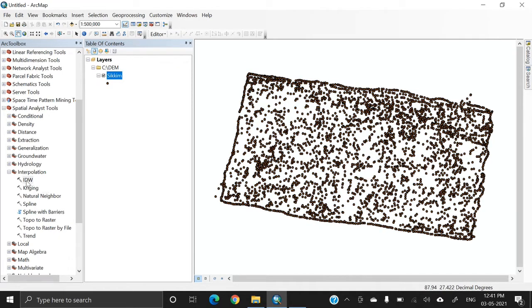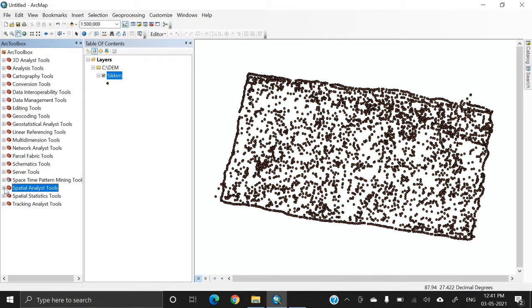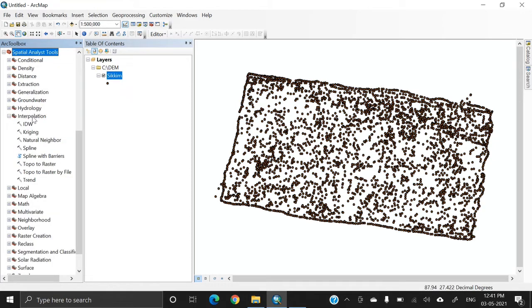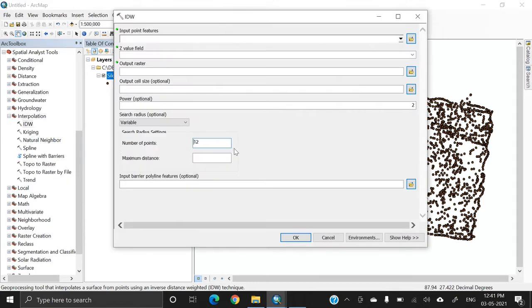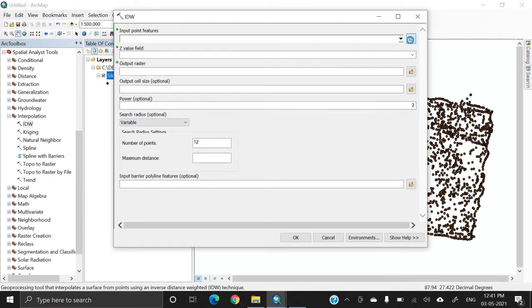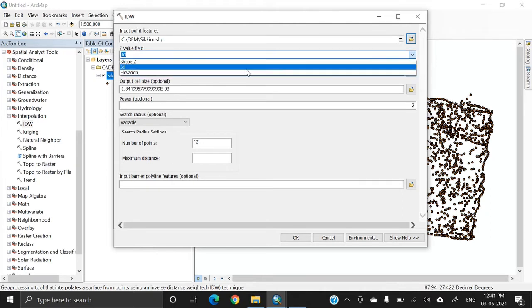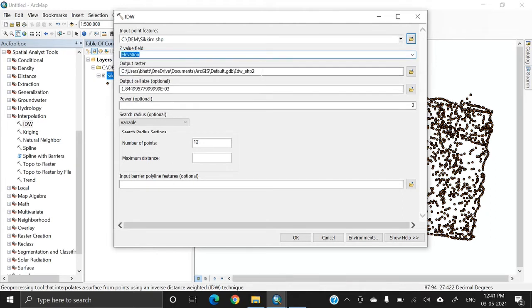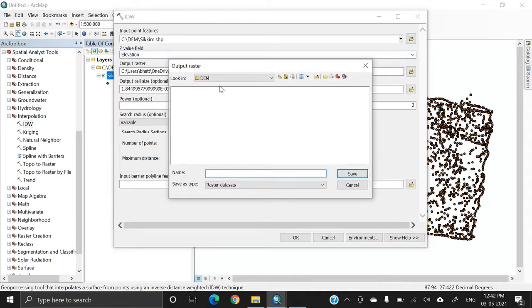Now to interpolate the data, in the ArcToolbox, go to spatial analyst tools, then interpolation, and then IDW. For the input feature points, select this Sikkim.shp, and in Z field select elevation, and then for the output raster, select the output raster folder, and then the file name as Sikkim underscore DEM.